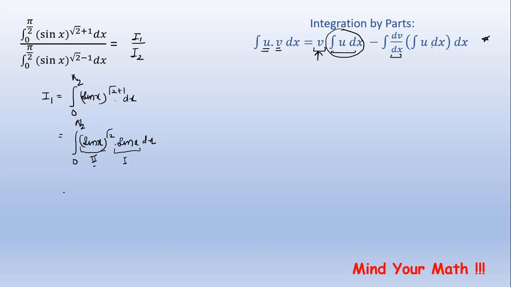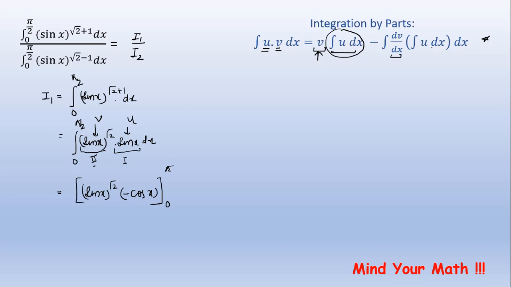So we are applying by parts. This is sin x raised to root 2, our v function, and this is our u function. So this is sin x raised to root 2 into the integral of sin x. What is the integral of sin x? This is minus cos x, and we have the limits